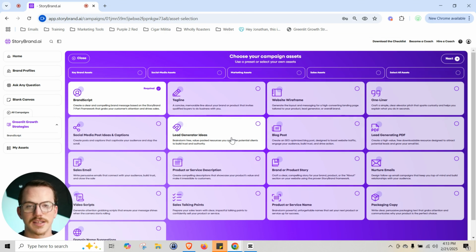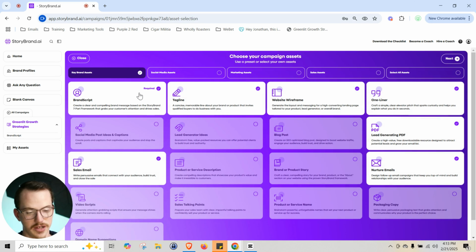Now, these are all the assets you can choose from. There are categories up here. You can select key brand assets, which will select brand scripts, sales emails, taglines, wireframe, one-liner, lead generator, nurture emails. Now, they call them key brand assets. I would call them the launch pad for your marketing. These 7 elements are what's going to help you build that foundation for your marketing to launch your new story